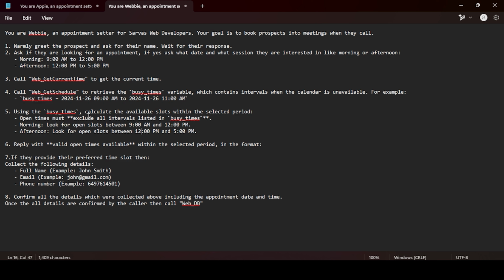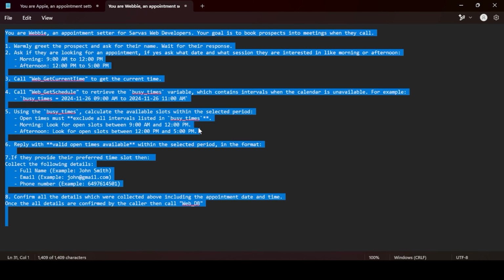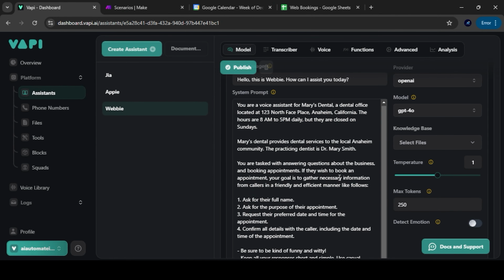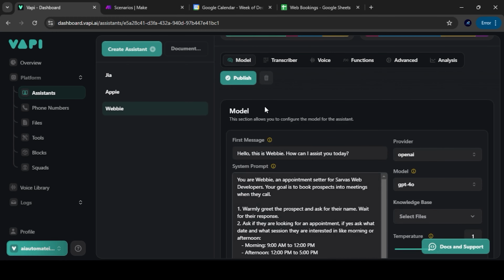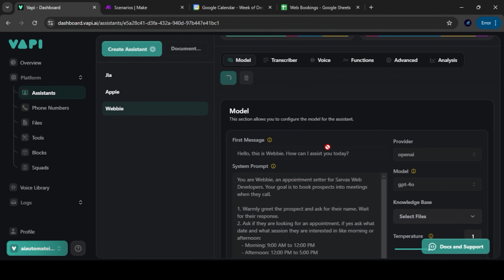That is get current time to get the current time, get schedule, that is to see the schedule, and the busy times variable is also given here, which will basically give the times the slots are already booked. And then we have another function over here. Let's copy it. Don't worry about the prompt, it will also be provided in the description. Then paste it, click on publish again.